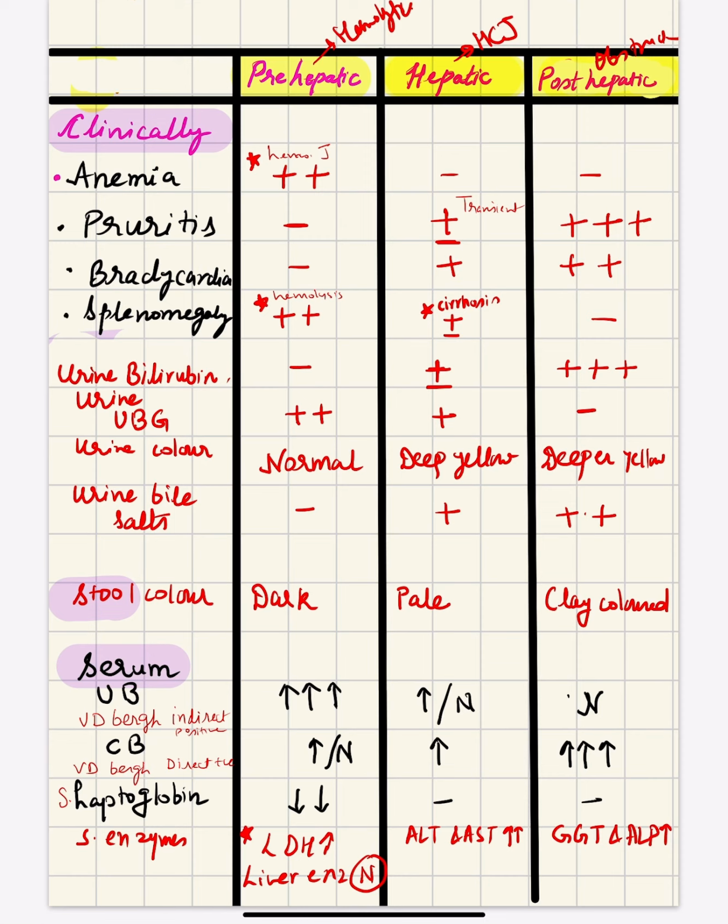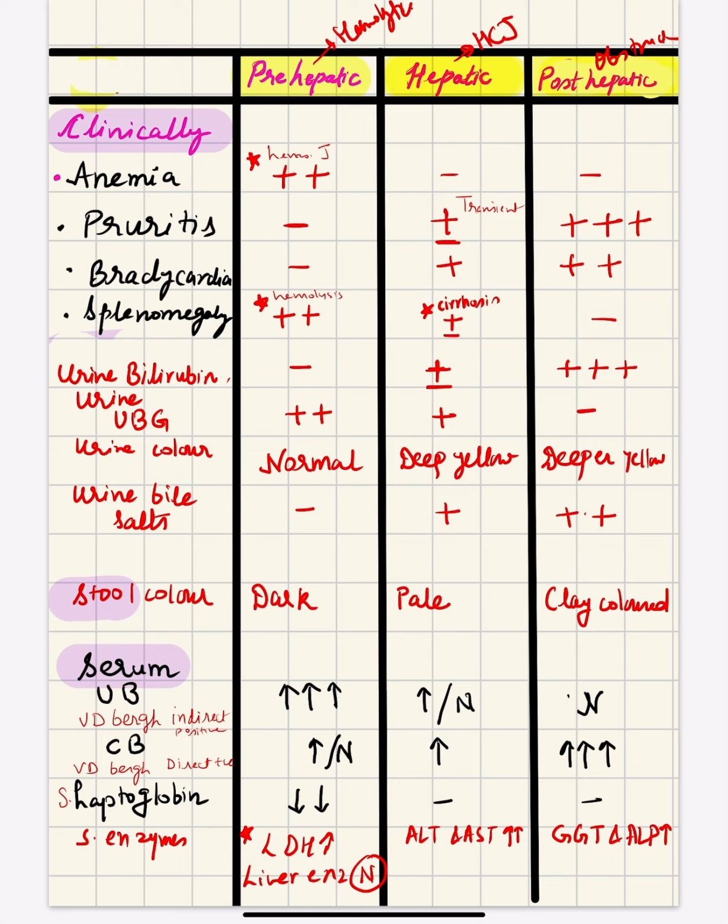Urine bilirubin will be very high in obstructive jaundice because the conjugated bilirubin is spilled over in the blood. It is water soluble and comes out in the urine. Limited conjugation is occurring in hepatocellular jaundice, so this bilirubin may come in the urine. It is absent mostly in hemolytic jaundice. Then urine urobilinogen: since there is obstruction in post-hepatic jaundice, urobilinogen will be absent. In prehepatic and hepatic jaundice, we can see urobilinogen. It is more in prehepatic jaundice.